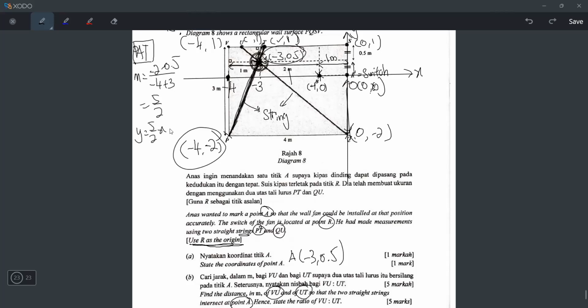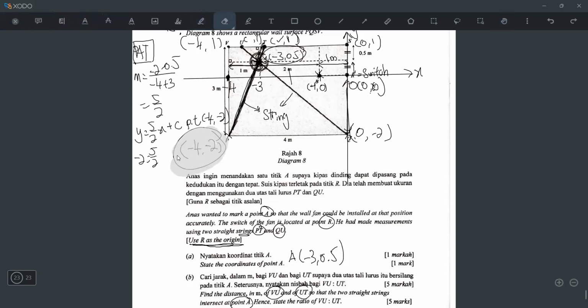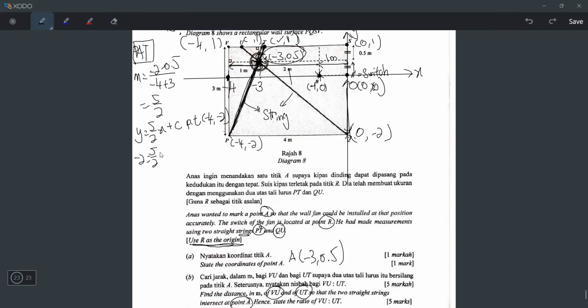But the y-intercept we don't know, right? But it's okay, you can pass it through any point. Let's pass it through -4, -2. Okay, so for y I will substitute -2, and then 5/2x, where x I will substitute -4. Okay, let's erase this, this is annoying. So let's erase this and write beside here. Better. Okay, so how was it? -2 equals 5/2 times -4 plus c. So what is c? Okay, 2 and 4 can cancel. 5 times -2 is -10, move over to become +10. -2 plus 10 is